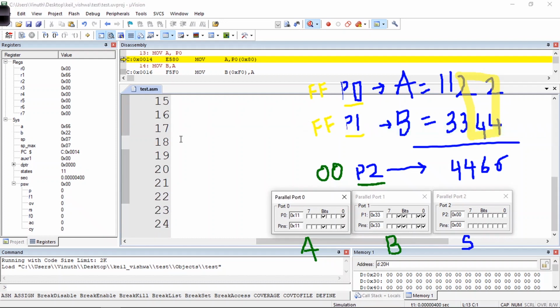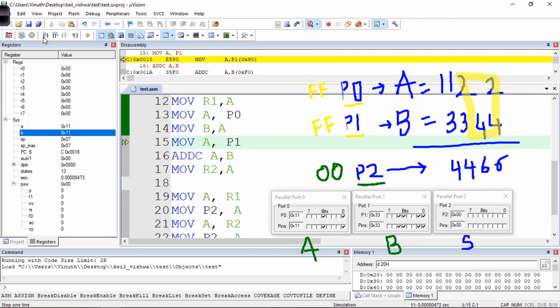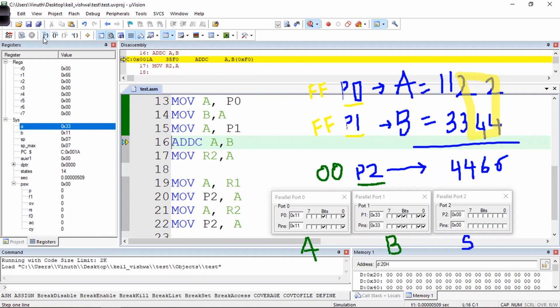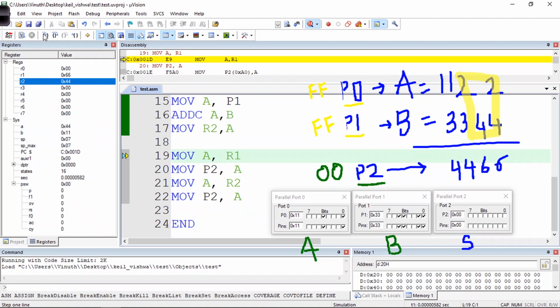Let me go ahead again. A has been loaded with 11. I have taken the copy in B. Now it has been loaded with 33. Now add with carry. The carry generated in the previous step was 0, so the value we have got is 44, and it has been stored in register R1.